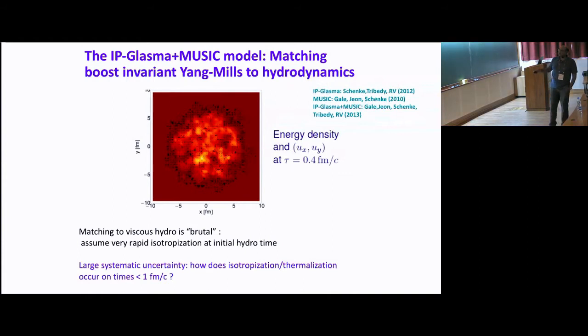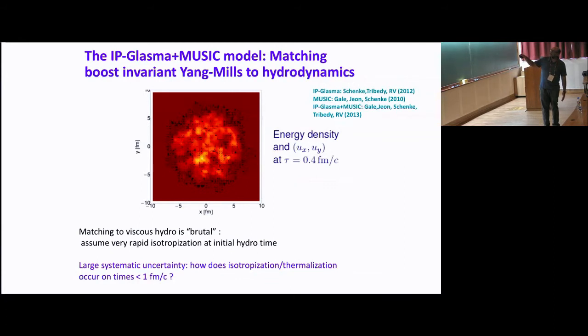Okay, but now I can take this energy density and I can just match to hydro. I can say this is my initial condition. For hydrodynamics, what do I need? I need energy densities at every spatial position, and I need 4 velocities. Okay, and then I can solve my hydrodynamic equations. So I can do a brutal match of this initial energy density at some time to hydrodynamics, and that's the